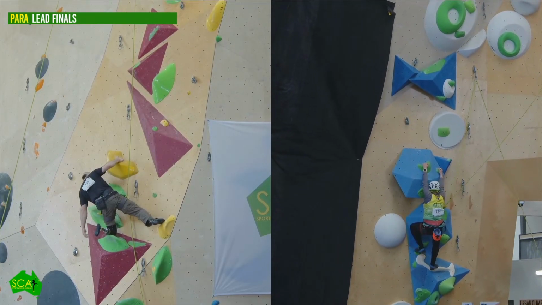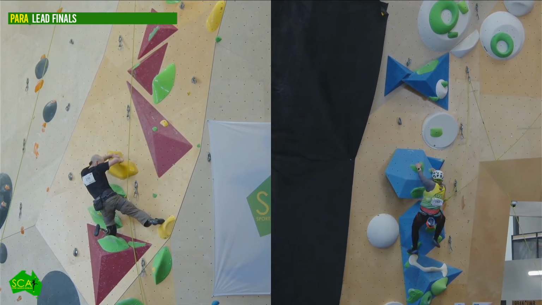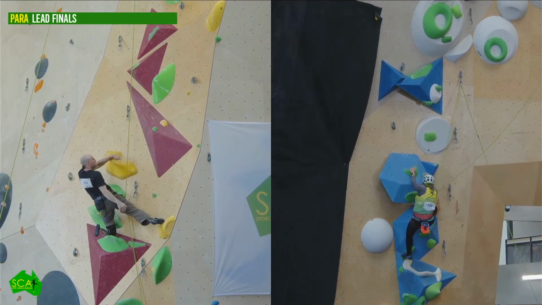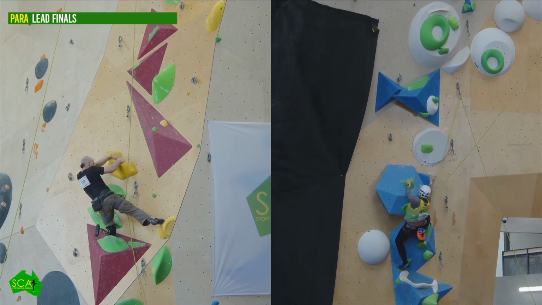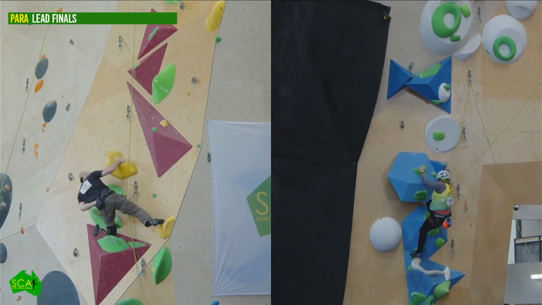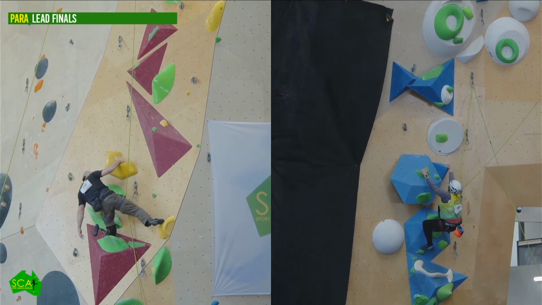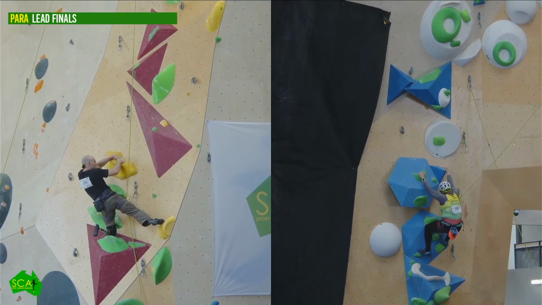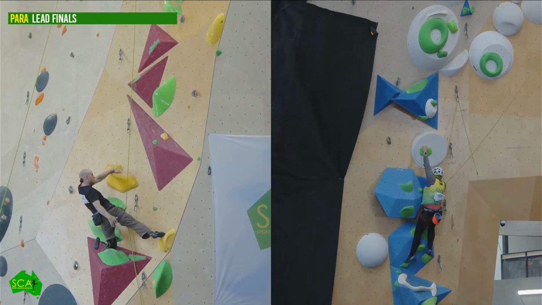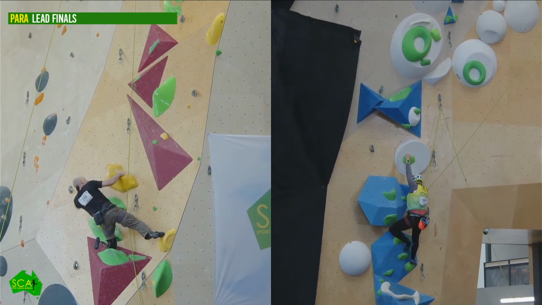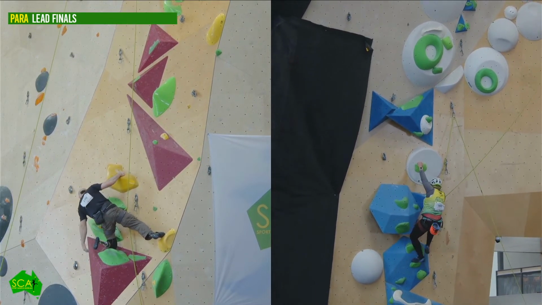This first section, certainly navigating this geography here with all the blue and the white volume, handhold territory is a little bit tricky. Eddie seems to be making good progress. Always controlled. Nice. Good. Samuel, a nice long shake out.